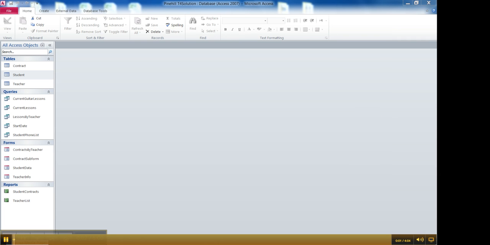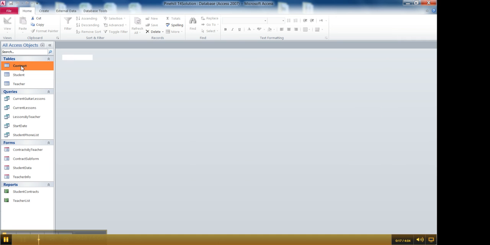Next couple of videos we're going to be talking about something called a lookup or lookups. A lot of times people will call those drop-down lists, where you get to pick from a list as opposed to typing in something. So in this example, what we want to do is look at the contract